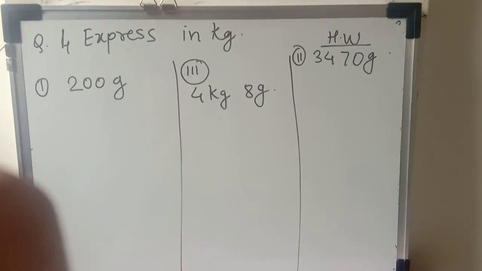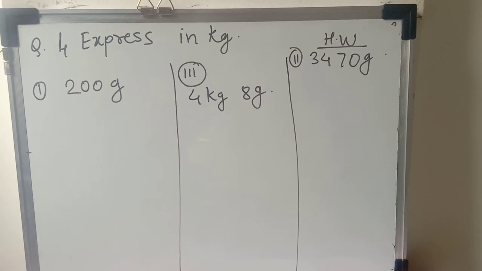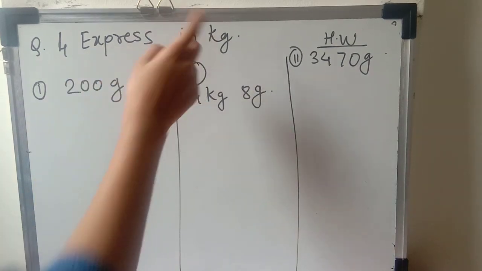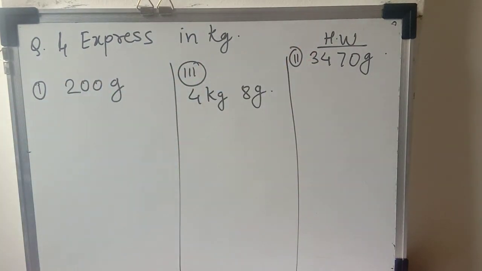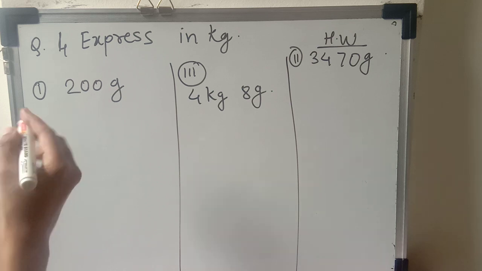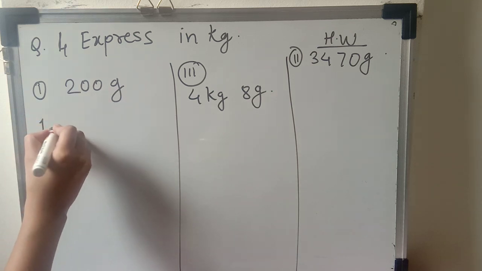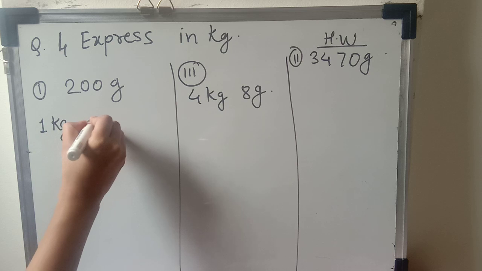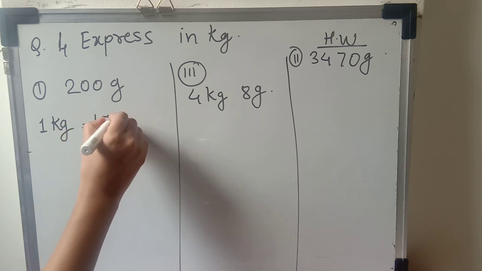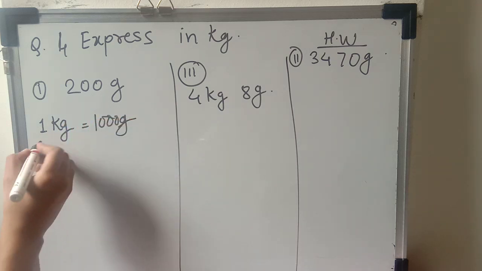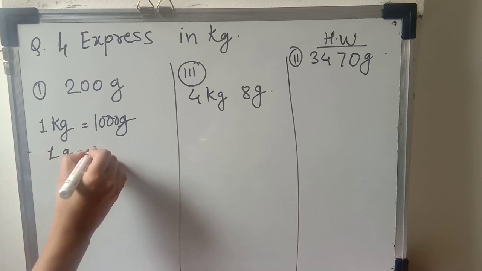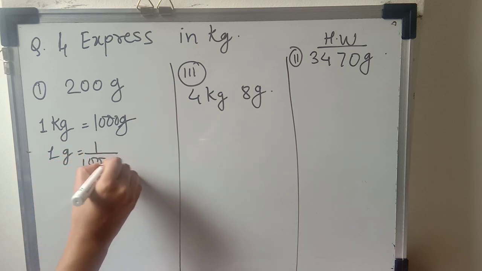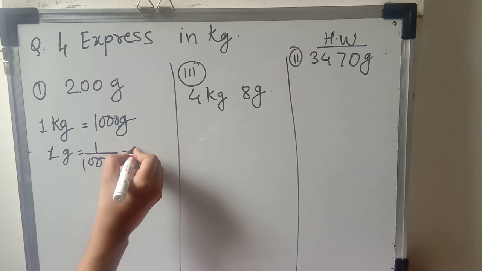Now student, we are going to solve the question number 4. Question number 4 is expressing in kg. So here they have given the example in the form of gram. We have to convert it into kg so we can show the answer in decimal form. So we all know that here 1 kg means 1000 gram. So 1 gram is equal to 1 upon 1000, and here we'll get the answer, that is